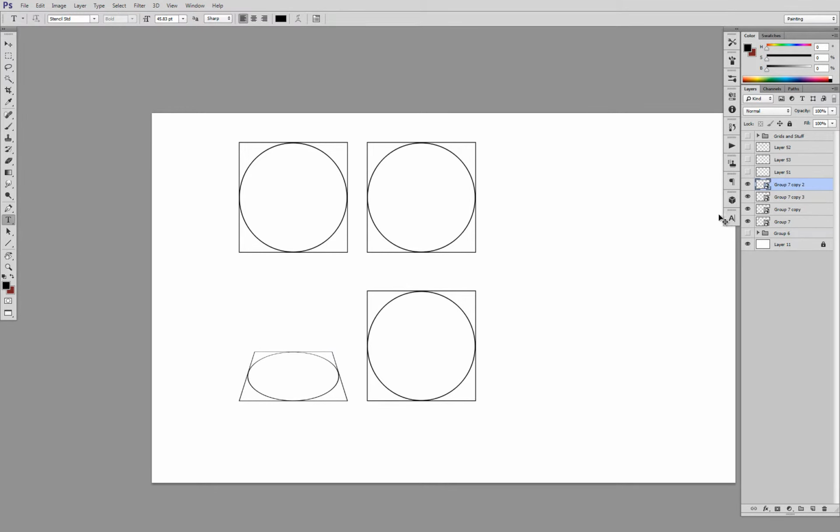So you can see again, if we take the same box and make it converge, and at this point, because this is just a 1-point perspective drawing,